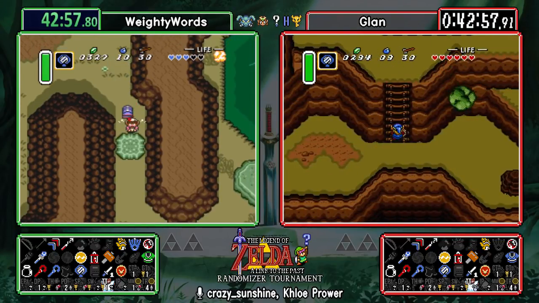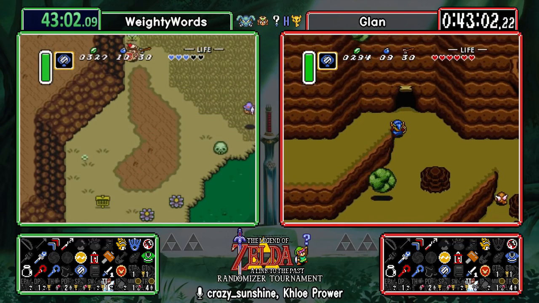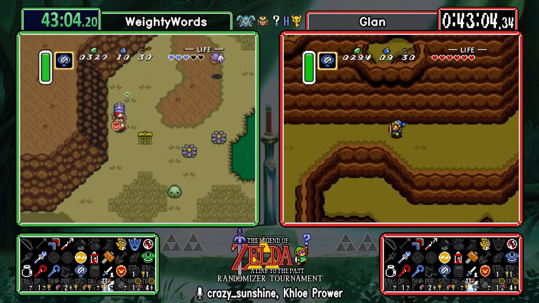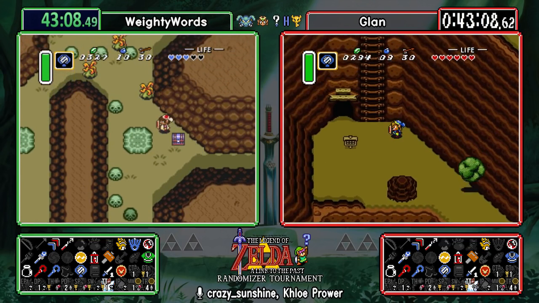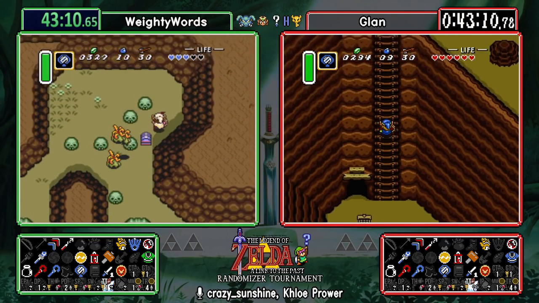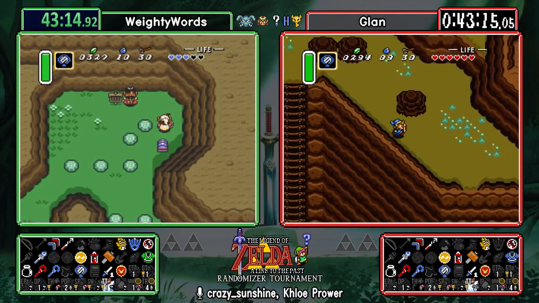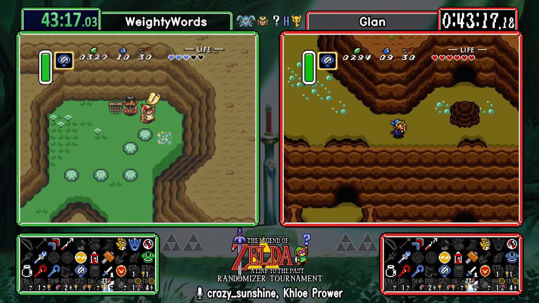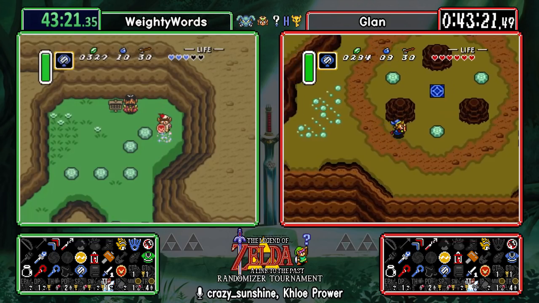Which is good, because he also has the mitts, so he can get the right side Death Mountain in the Dark World. And then, while Glan is up here, we can also check out Hookshot Cave, see what's on the island there, so one more item. The island was 5 rupees, so we're probably not going to grab that, but...